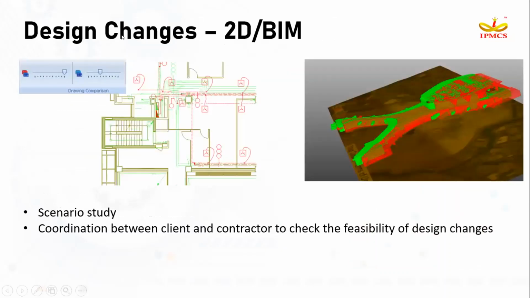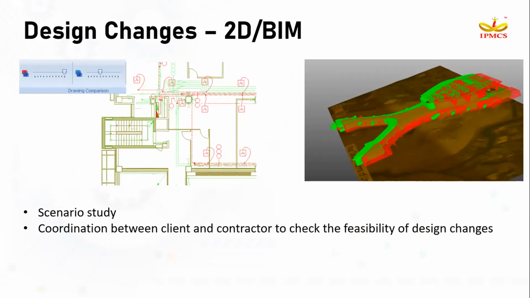Again, I was explaining about the design changes, let it be with 2D or with the BIM model. Here in Costex, we have an auto revision facility where you can compare two different drawings or two different models, with which you can easily identify what changes happened between your older model and the newer model.